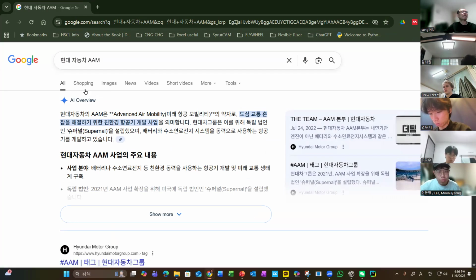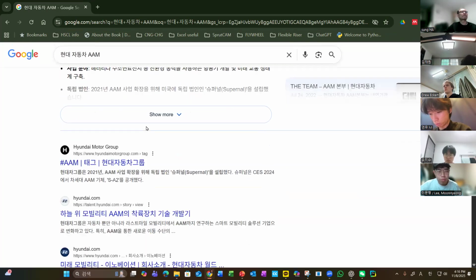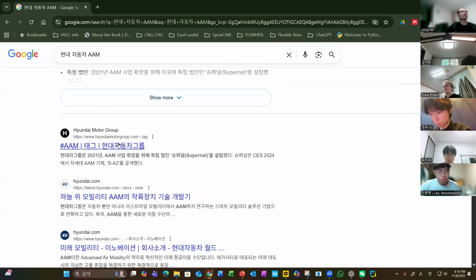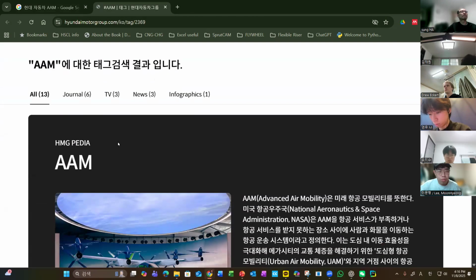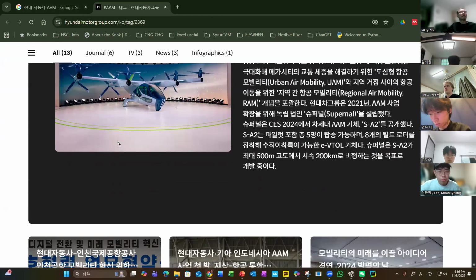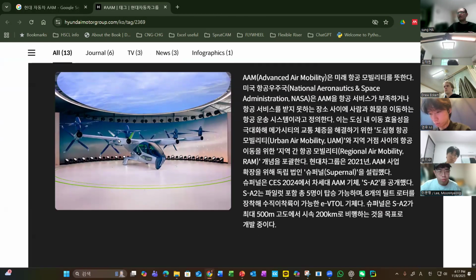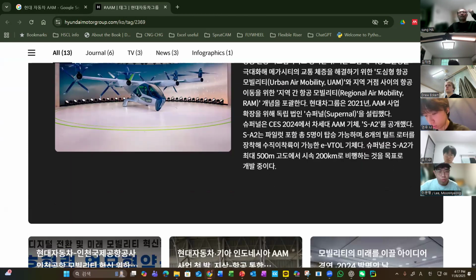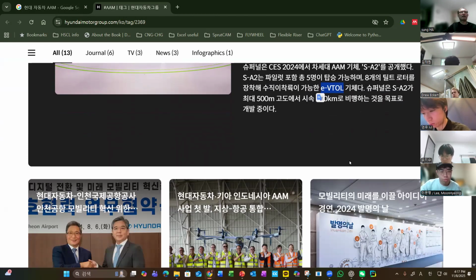The mobility is similar to a regular vehicle, but AAM, Advanced Air Mobility, is for future air mobility. So we often need to understand what eVTOL means, vertical takeoff, and there are lots of